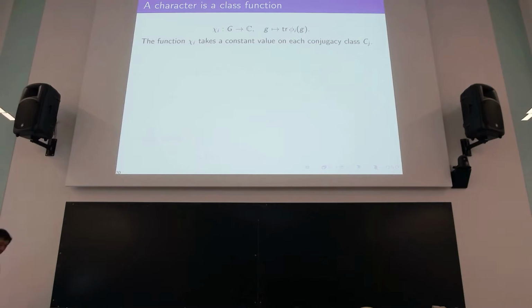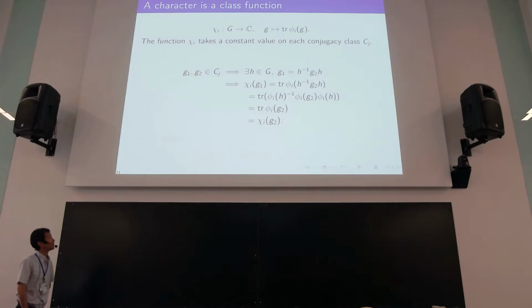It's very easy to see that the character is a so-called class function. That is, its value depends only on the conjugacy class, not on the individual element. This is quite obvious if you know the standard property of the trace. Because if you take two elements in the same conjugacy class, then there exists some element h which transforms one